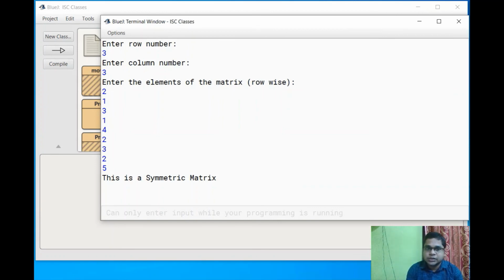It means if you transpose the matrix, then the result is similar to the original one. That's why it's a symmetric matrix.